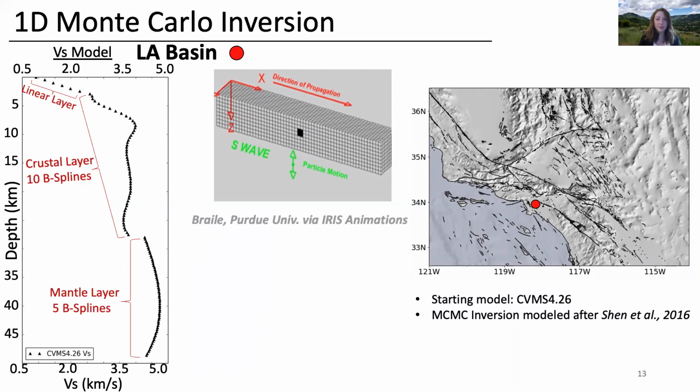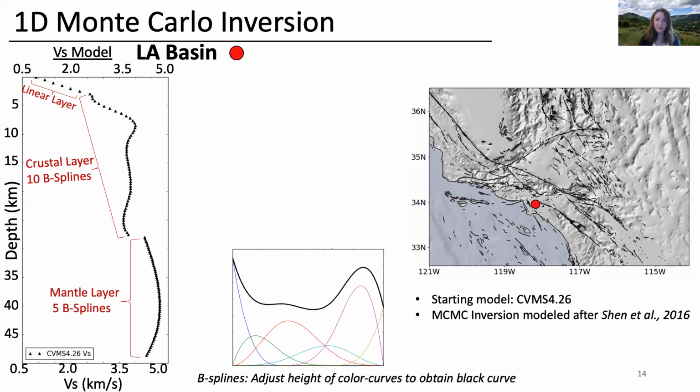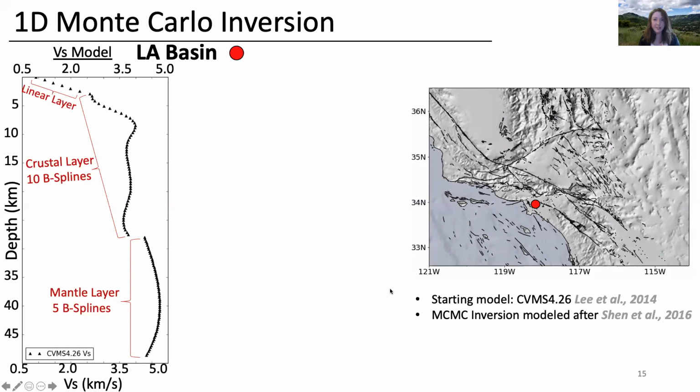Our 1D velocity model, directly beneath the station shown here, consists of shear velocity versus depth. This contains a top linear layer, a crustal layer with a curve described by crustal B-splines, and a mantle layer, also a curve consisting of B-splines. B-splines are a series of parabolas that we shift the amplitudes of and combine in order to form a curve with just a few values. So we change the heights of the different color curves and add them all up to create the bold black curve. Our starting model is the Southern California Earthquake Center model S4.26 from Lee et al. 2014,